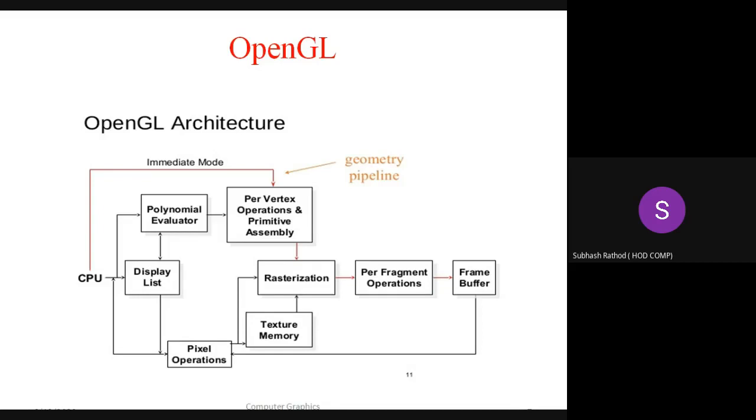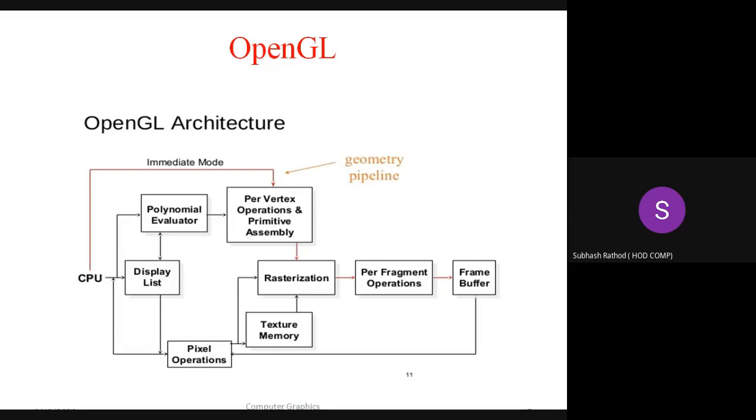Let us take a triangle. A triangle has vertex coordinates, and all its edges have certain pixel values. All the pixel values and the vertex coordinates are stored in a display list, and according to the display list, one can project the image on a particular projector or display device.